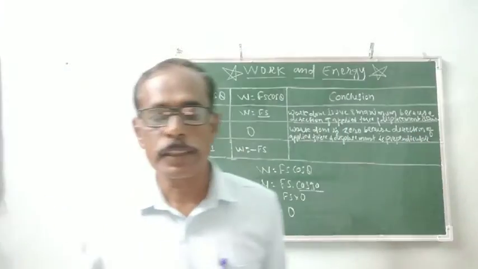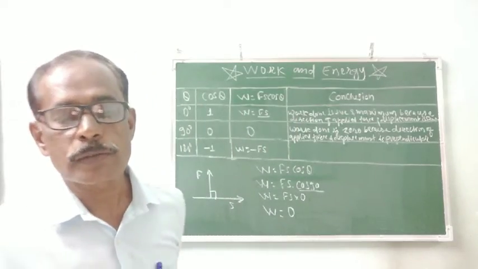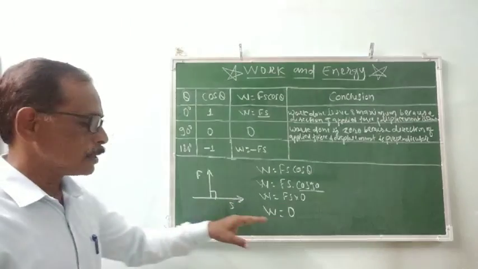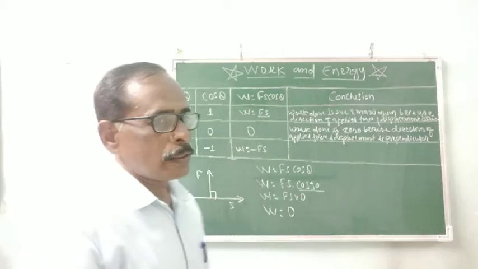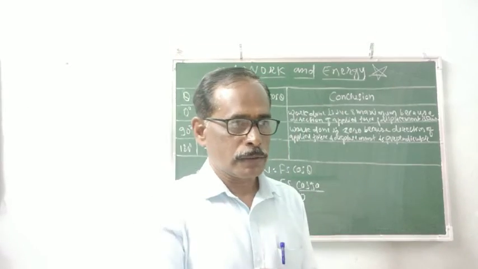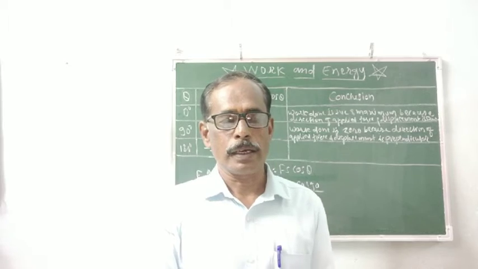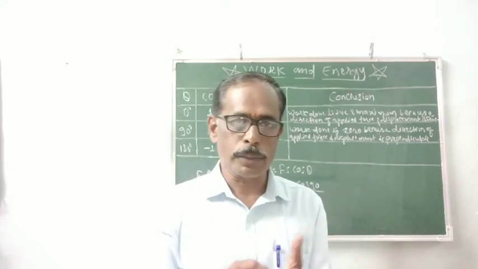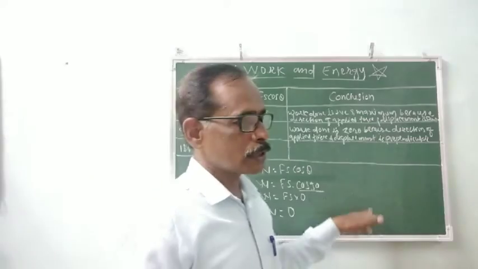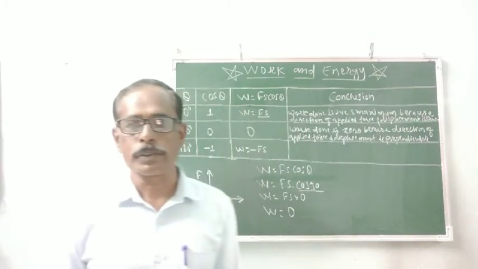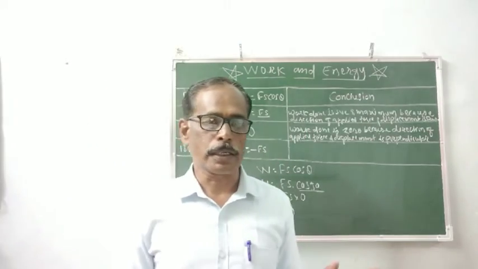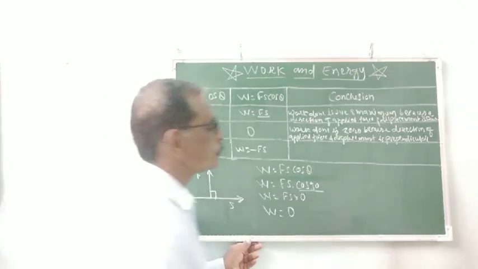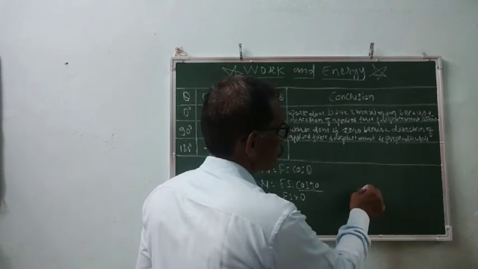Direction of the applied force and the displacement, they are perpendicular to each other. In this condition, work done by the force is 0. म्हणजे जेव्हा वस्तूवर क्रिया करणारं बल, that is the applied force, आणि वस्तूचं होणारं विस्थापन म्हणजे डिस्प्लेसमेंट, जेव्हा ते परस्परांना लंब असतात किंवा तिथे अप्लाइड फोर्स हे डिस्प्लेसमेंटच्या डायरेक्शनशी लंब असतो, तेव्हा त्या ठिकाणी घडून आलेलं कार्य हे शून्य कार्य असतं.